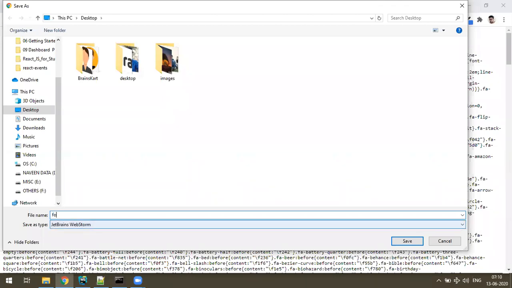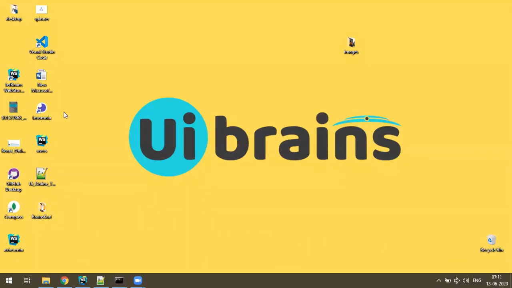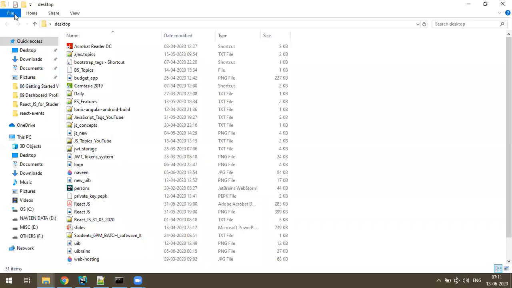On desktop, font awesome 5.8.1.css. Just save it. So where is that? Where is Font Awesome? I think it's saved in my desktop folder.